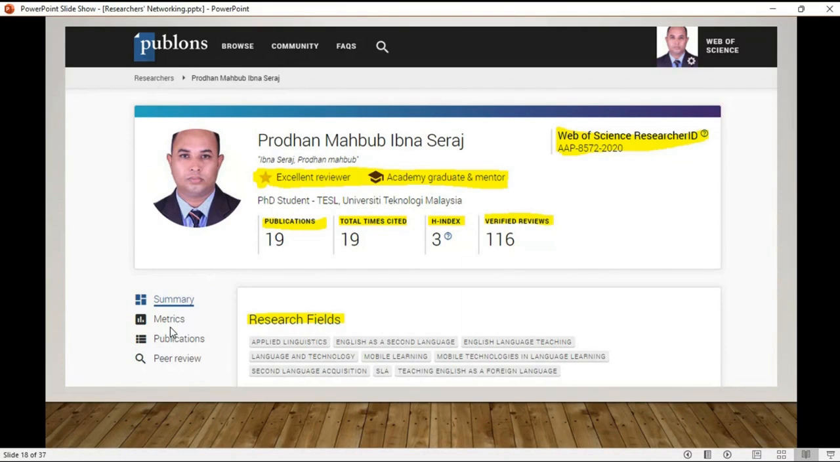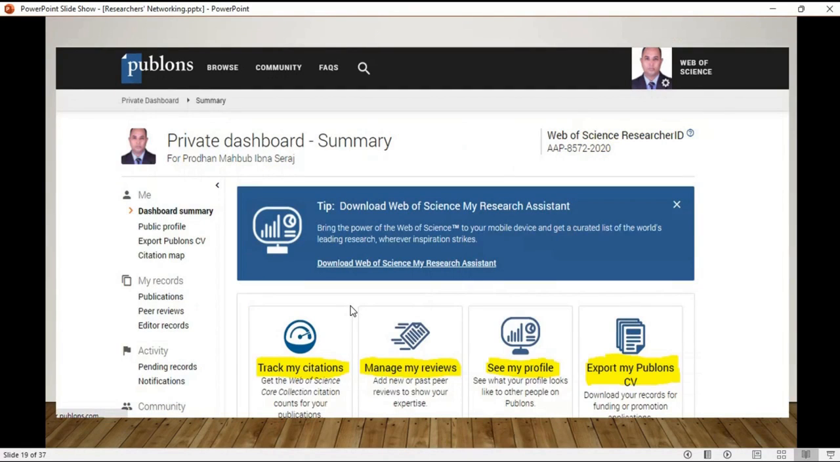And on the left hand side, there is the summary, metrics, publication, peer review. And the most important thing is that you can also take an output CV of all your activities. I mean, in the CV, they will generate for you the list of papers, the list of manuscripts that you have reviewed with the journal's name. Okay, this is my private